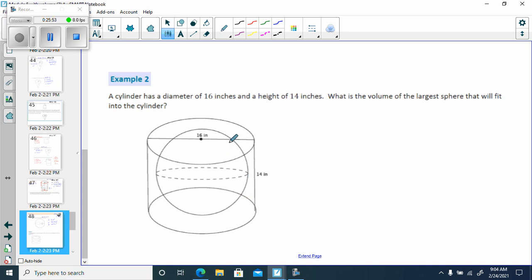Wait, it's 14 inches high. If it's 14 inches high, this distance here, the biggest it could be would be 14, okay? And so that's the biggest diameter of the ball that you can put in. The volume of that ball is 4/3 pi r cubed, okay? That would be 4/3, and if we use 3.14 for pi,